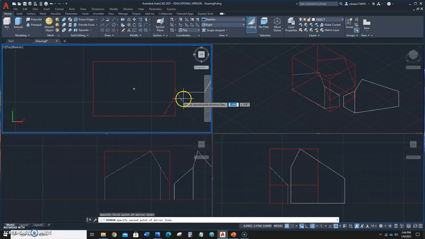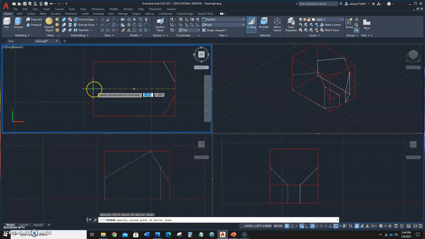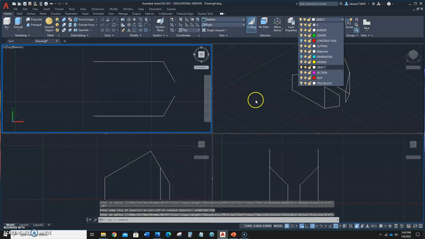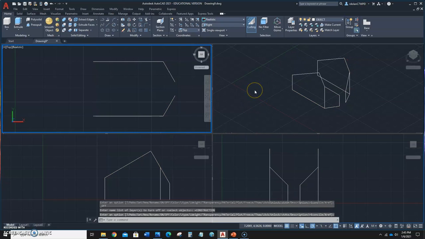You can see that happening in all the views as I'm doing it. To the midpoint there. I do not want to delete the source. Okay, so now you'll see that I have a mirror image of that on the other side. Okay, I want to go here and I want to take off the construction layer. Okay, so you will see that I have